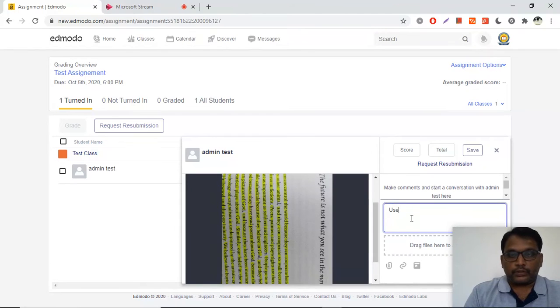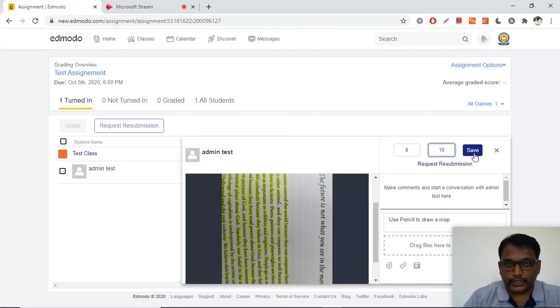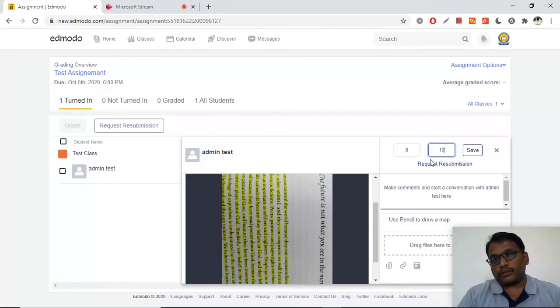Use the pencil to write some text, some comment based on the individual student's performance, and based on his or her performance you can give a grade. So I'm giving 8 out of 10. That is the grade that I'm giving. So let's all of us follow this grade uniformly. Whatever is decided by the school, we'll follow that.